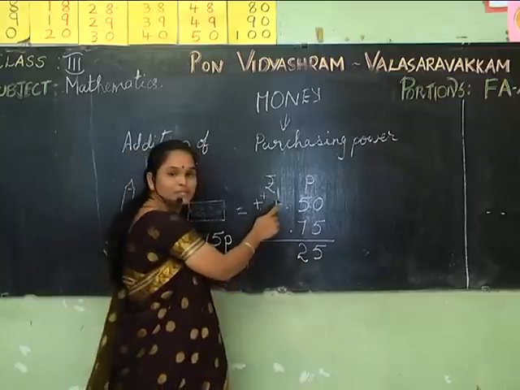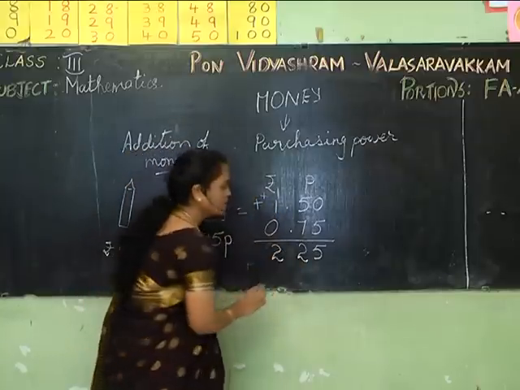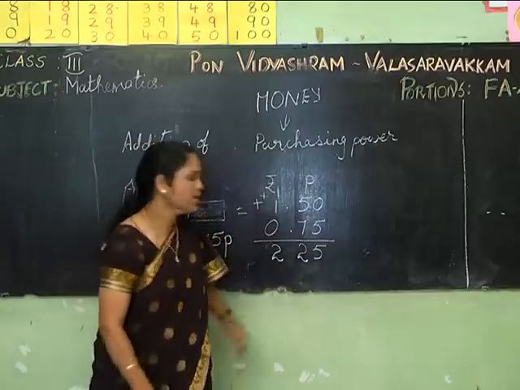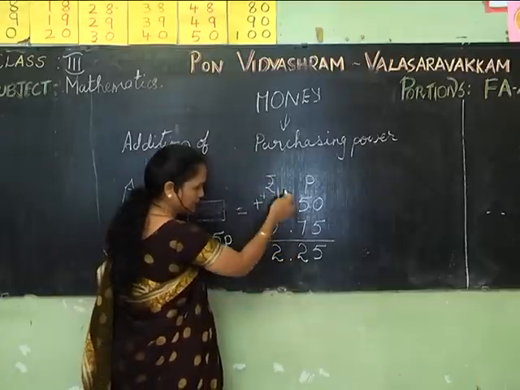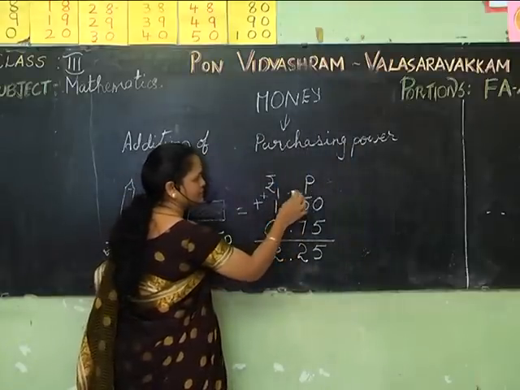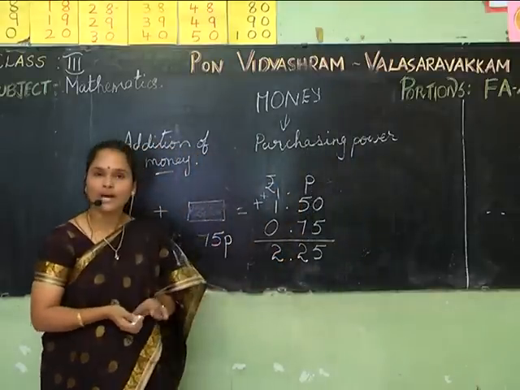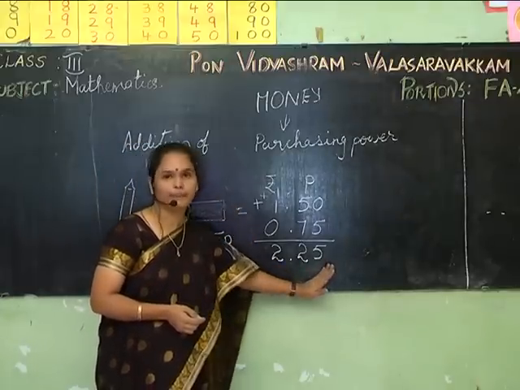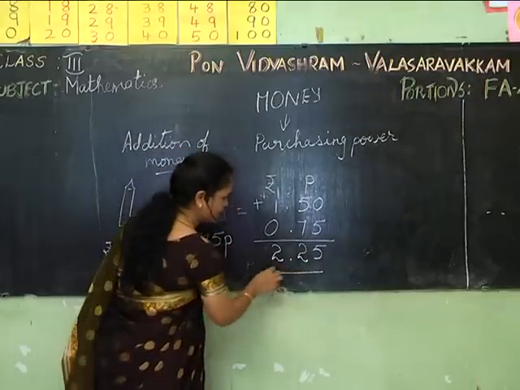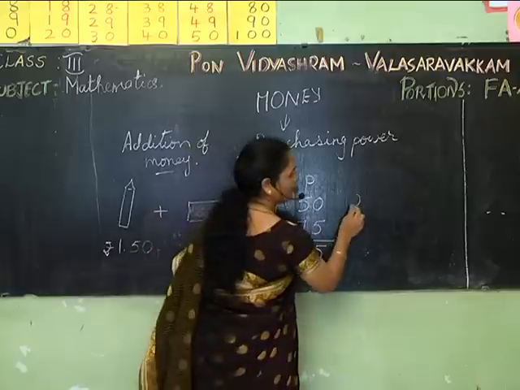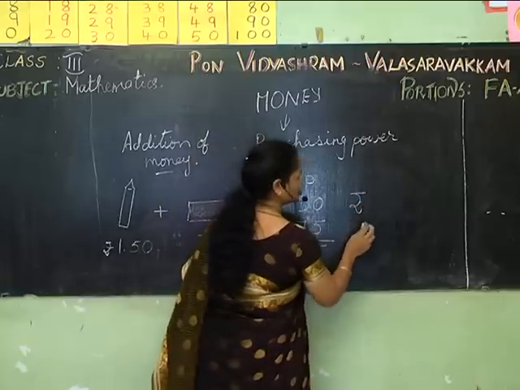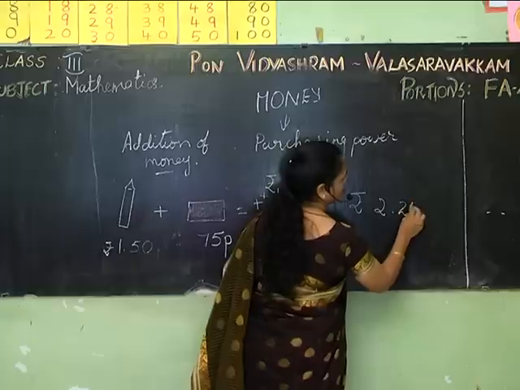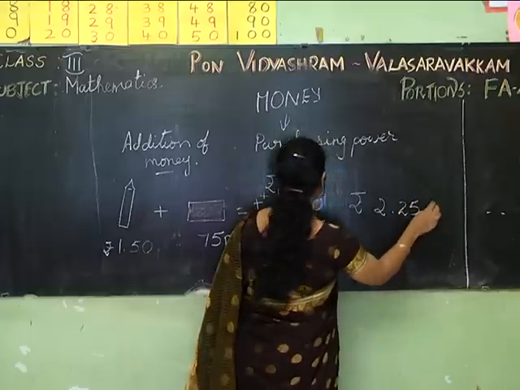Now, what is 1 plus 1? It is 2. Now, in order to differentiate how much rupees and paise, we put the dot in the same line here. So, you have to say to the shopkeeper 2 rupees 5 paise. The answer you get here is written as rupees 2 and 25 paise.